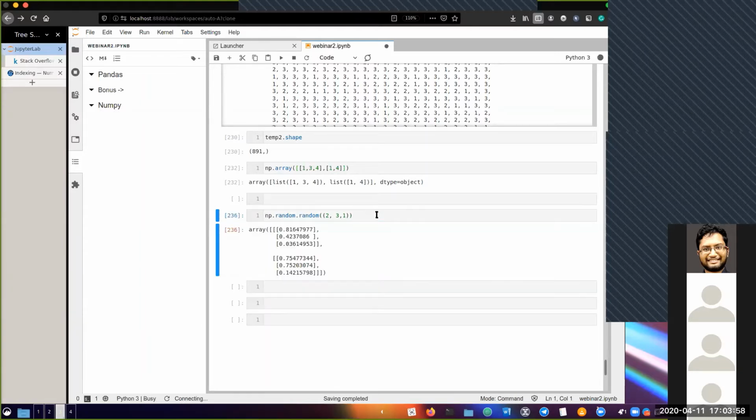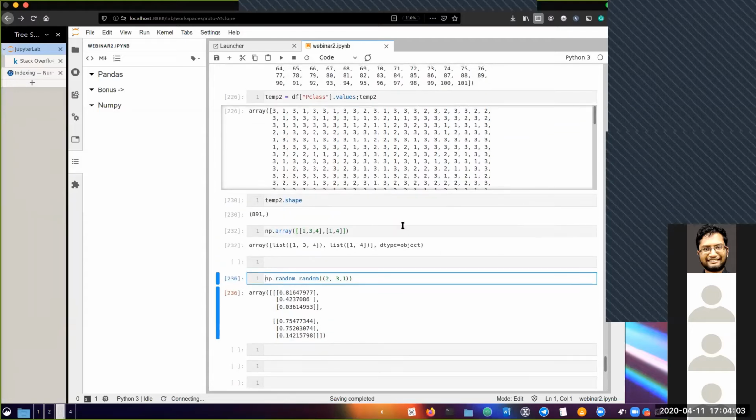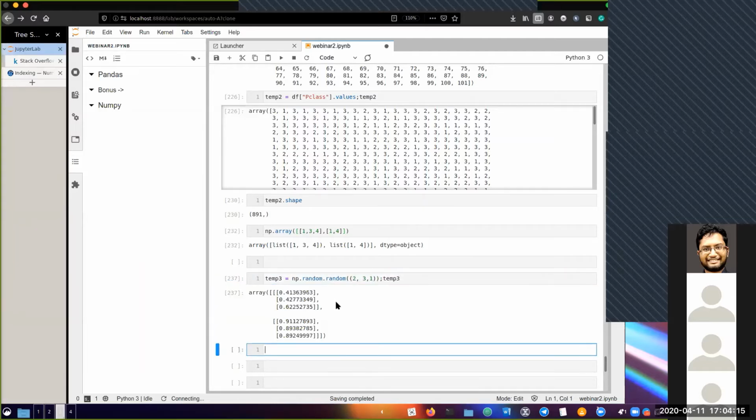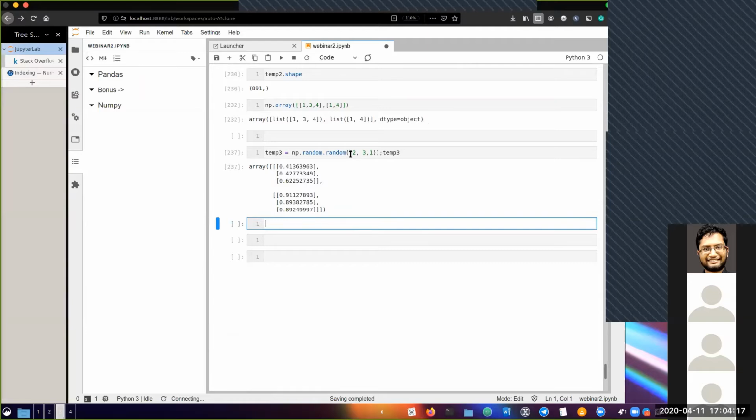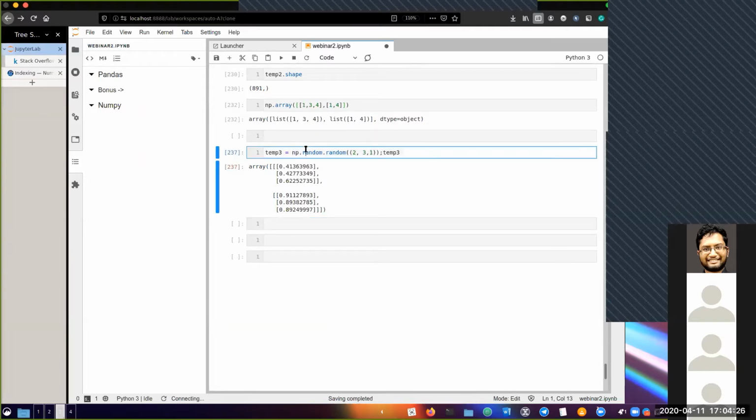If I want this to be in a specific shape, you might not really need it here, but if you ever do encounter a situation where you want to change the shape of your array, okay, let's just call this temp3 as an example. And sometimes you might maybe want the transpose of this. Transpose is basically I convert all the rows to columns and columns to rows.